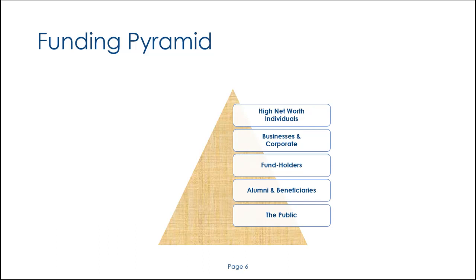And as you can see here, working from the bottom upwards, we have members of the public, then we have alumni and beneficiaries of our charity. Now, depending on what your charity does, beneficiaries might be human beings that you can talk to and get information from, and alumni are people who've gone through whatever service your charity provides and then have gone on in later life to become successful and are often very keen to continue to support the charity that provided service and benefits for them earlier on in their life.